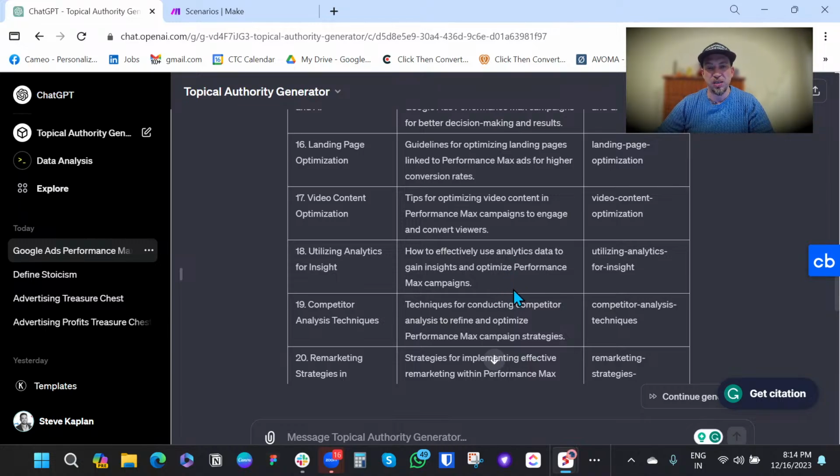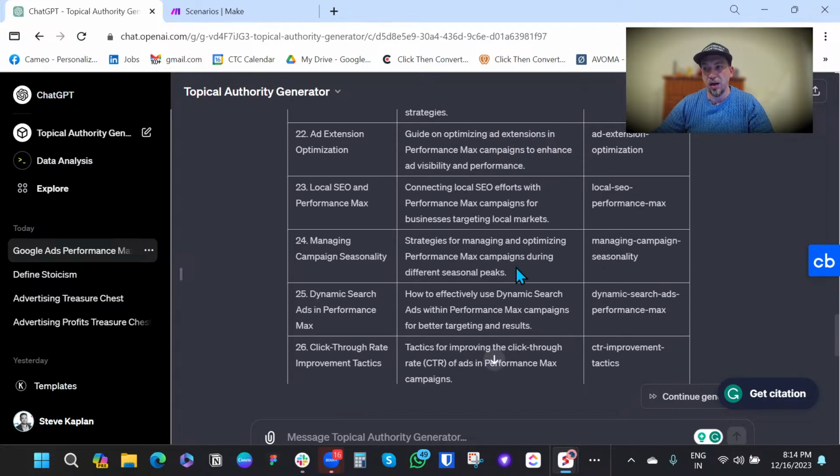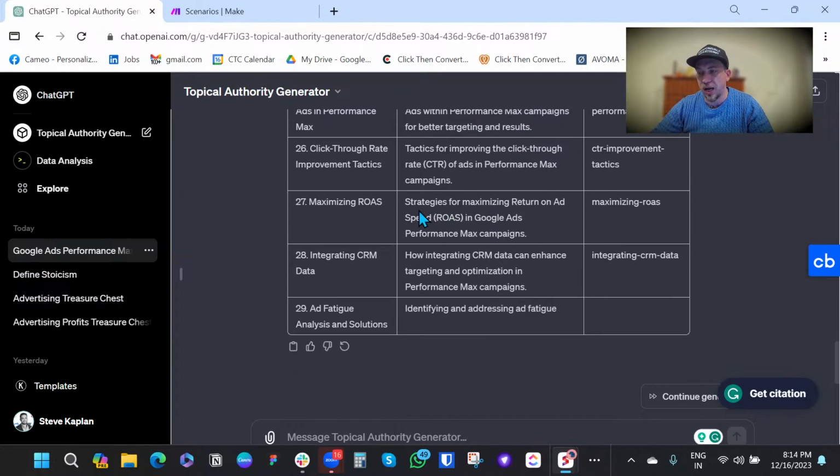I know more than ChatGPT, because ChatGPT could never go inside of Google Ads and use Google Ads and study the data. So it's important to use our brain and read all of these and pick a really good one, because some of them are very basic. I found a good one down here that's kind of generalized, like maximizing ROAS. So how do you get the most return on ad spend from your Google Performance Max campaigns? So I picked this, and then we're going to take it to step 2 here. Here we go.